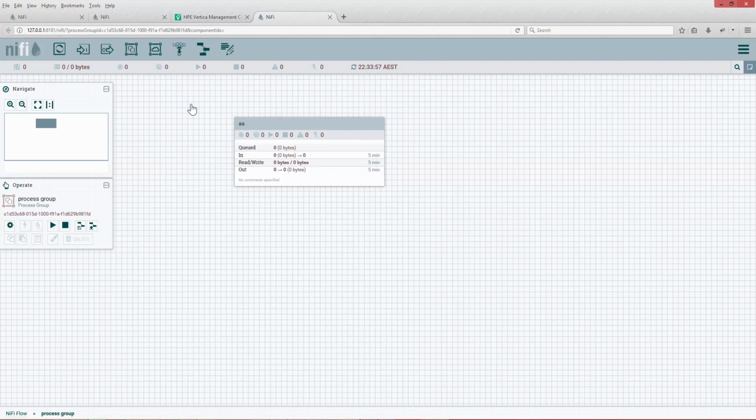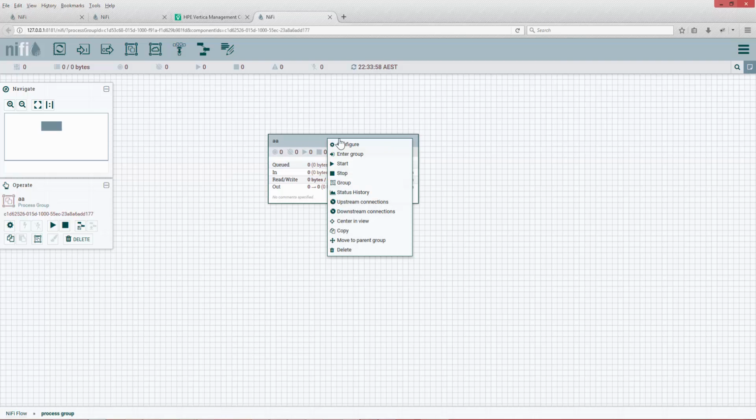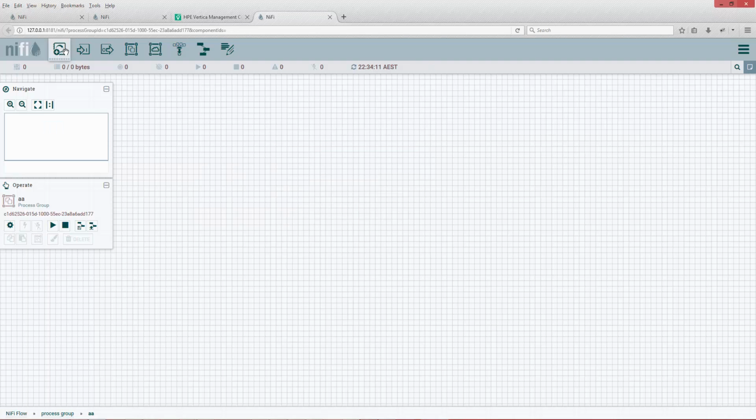I'm going to click in. As you guys can see, I'm already jumping inside. Let's say I want to delete a process group. Just click delete. Another thing, if you enter the process group and you add a processor, let's say I'm